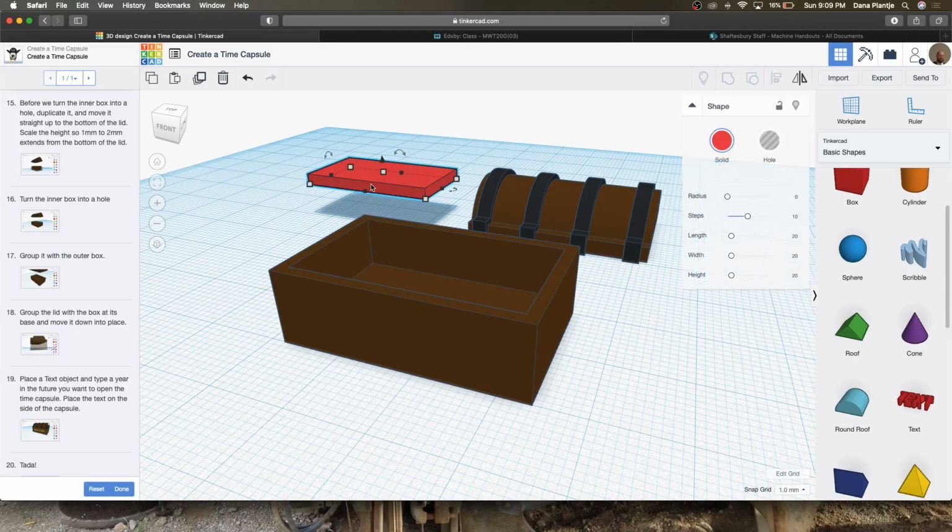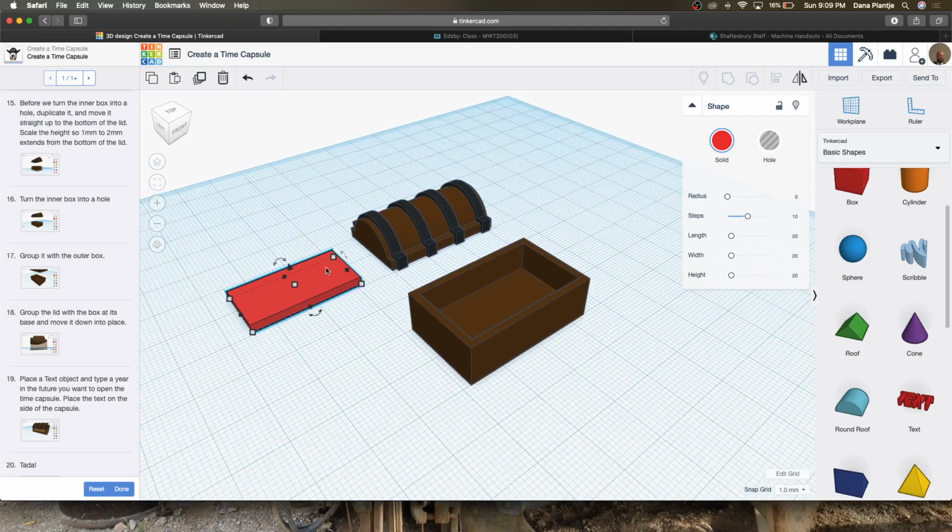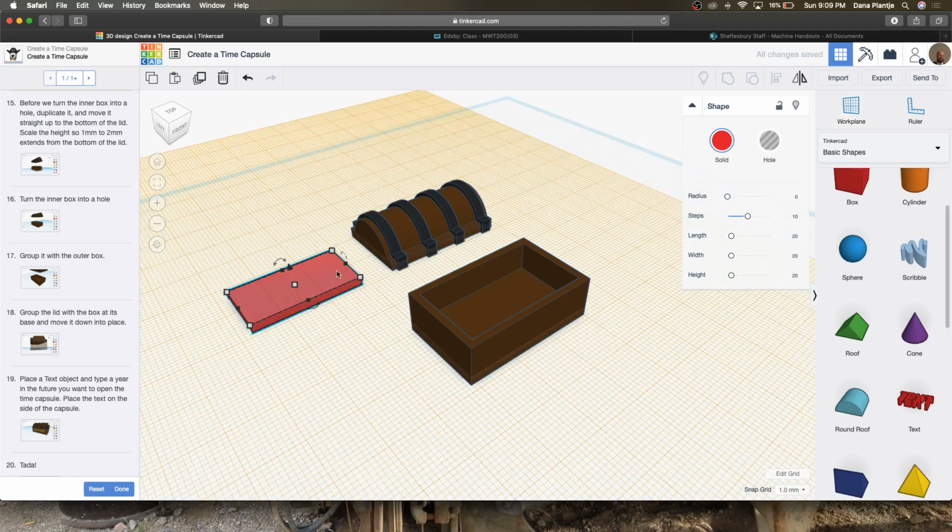Now I'm going to take this new shape that I've made, I'm going to drop it to the work plane, and what I'm going to do with these 2 objects is I'm going to set the lid on top and join these together. So one trick I can do with this is I can set my work plane to being the top of an object by hitting the W key, click on the top of my object,